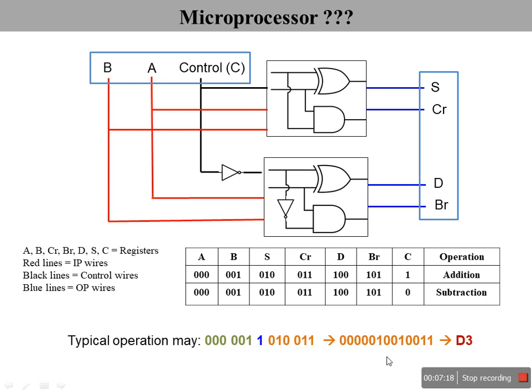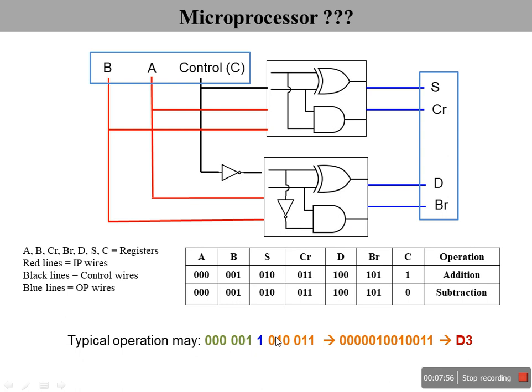Now I'll go to another little operation. Assume this is a set of ones and zeros. If you say 000, that means it is the address of A, the first input operand. The second is 001, which is B, the second operand, so the address of the second operand is 001. Now this particular bit indicates C, which is 1. When it is 1, it is going to be addition. That means this will be enabled, 001, this will be enabled, then I say 1, so this will be enabled and this will be disabled. That means our adder will be enabled and subtractor will be disabled.